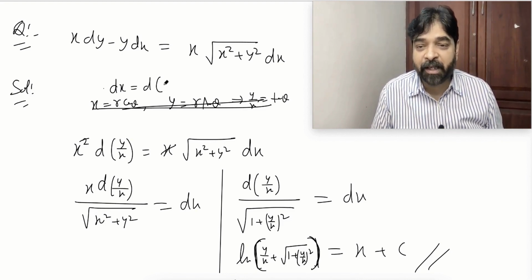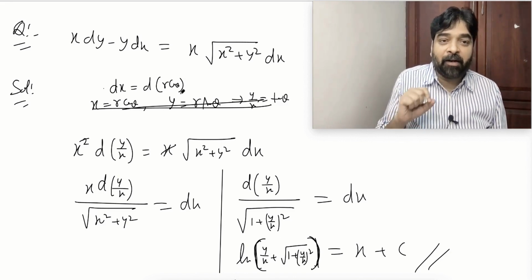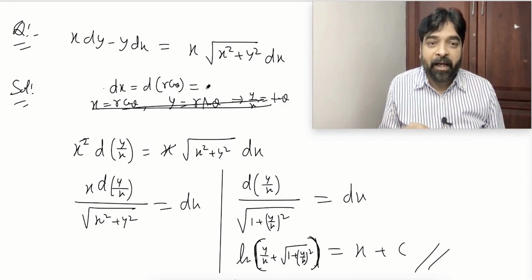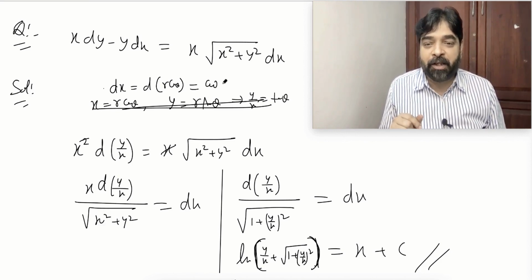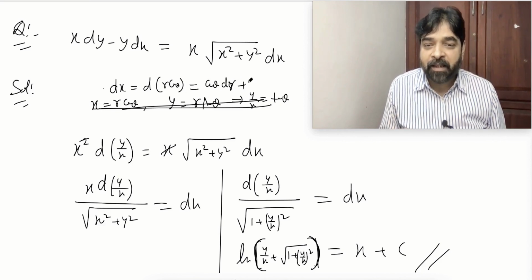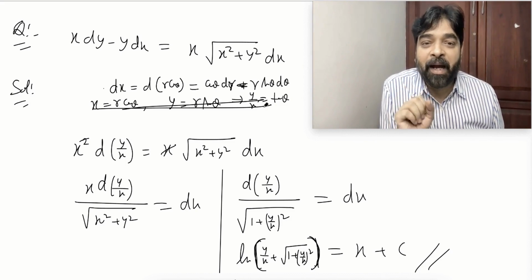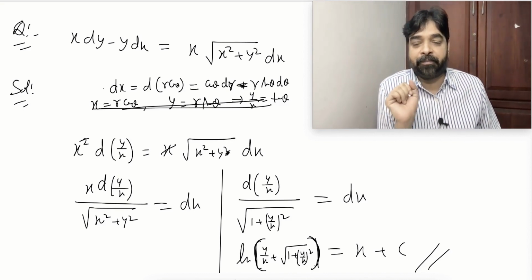Dx will create a problem. Dx means d of r cos theta. That's why I pulled my hand back. When I look at d of r cos theta, it becomes dangerous for me. Then you have to apply the u into v method. So what will you say? Differentiation of this into this means cos theta into dr plus r into differentiation of cos theta, so minus r sin theta d theta. Have you understood why I pulled my hand back? Because this extra part will come. That is why I removed that point.